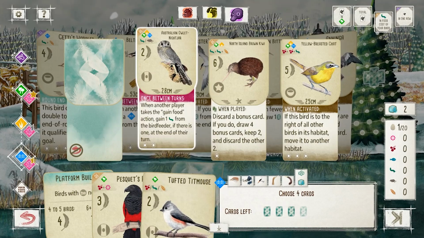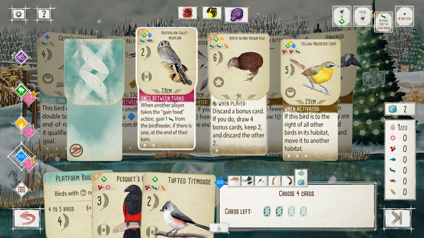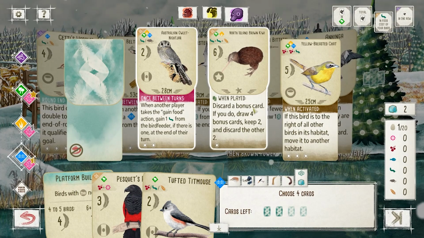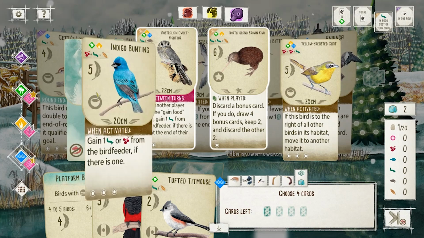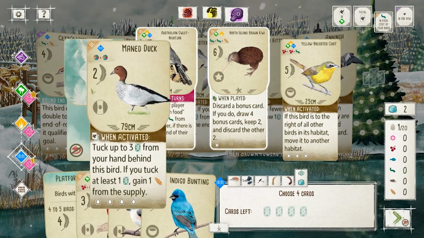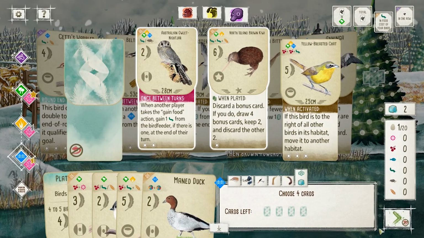Oh, this is like mega bonus cards. Draw 4, keep 2, discard 2. That's kind of worth playing, not gonna lie. And then we'll go rando for the others. And we've already filled up our wetlands, so...